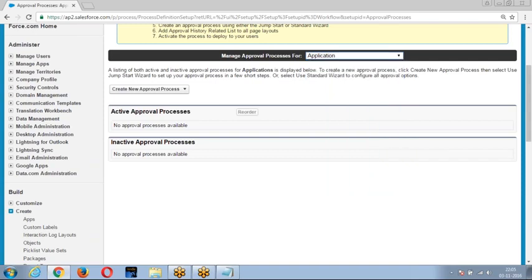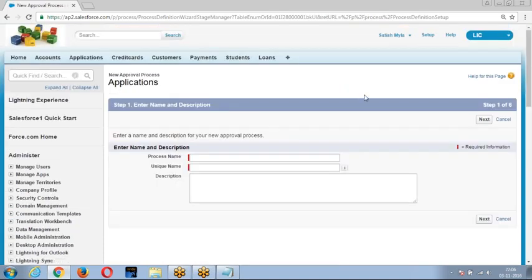I will choose Application. Then choose Approval Process. As I told you, there are two options here, Jumpstart wizard or standard setup wizard. The Jumpstart wizard is a single step and a simple process. The standard setup wizard is a multi-step complex process. Here I'm using the standard setup wizard.